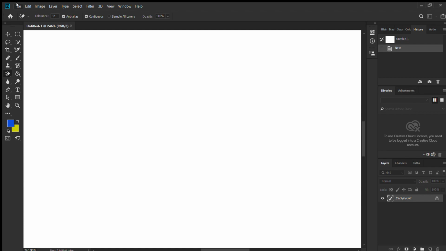Now how to save the document? Just click onto File, then click onto Save As, and then write the name of the document, like My First Photoshop.